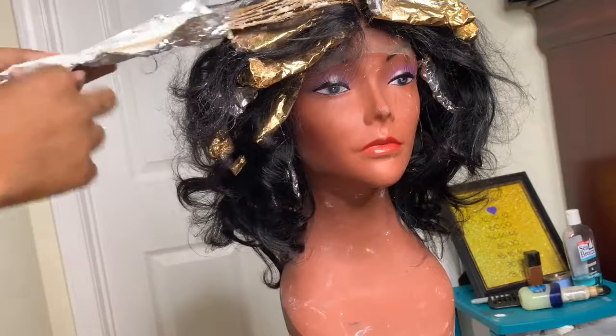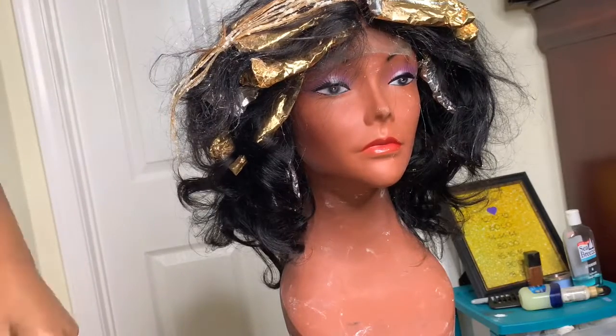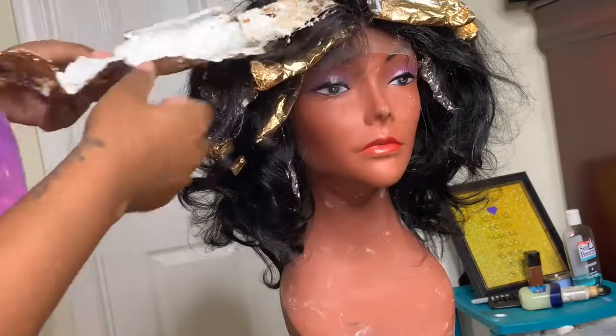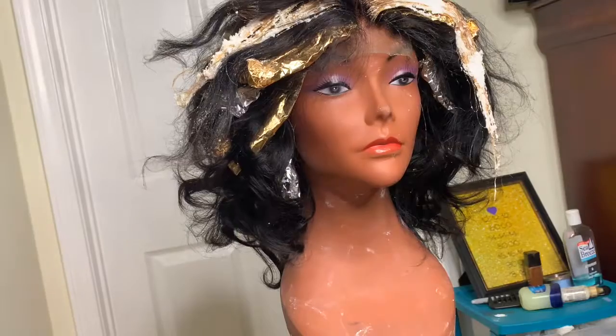This is me taking out the foils. I think I let this hair process for an hour. Maybe don't let it go for more than an hour, because after that your hair will start to get fried and you don't want that. So I let this process for about an hour, and I took the rest out at the shampoo bowl. But I am going to have a part 2 to this, which is the styling, so make sure you stay